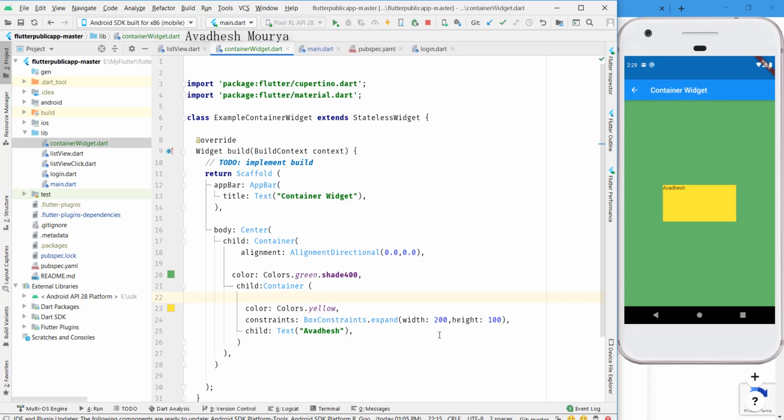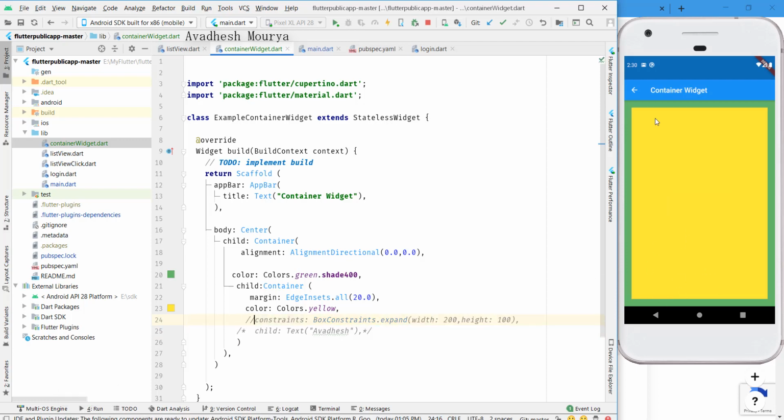Let's talk about the fifth property, the margin property. A margin is just a property used to add empty space surrounding the container, using an EdgeInsets constant value. EdgeInsets.all if you need to add margin to all sides. EdgeInsets.symmetric if you need to add a margin with symmetric vertical and horizontal offsets. Margin also has different properties you can use according to need, like fromLTRB: left, top, right, bottom.